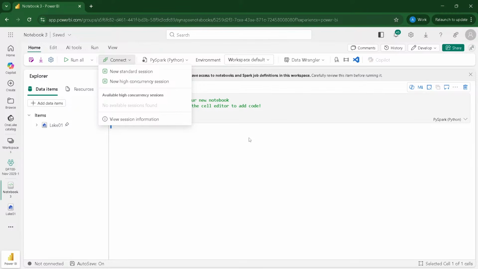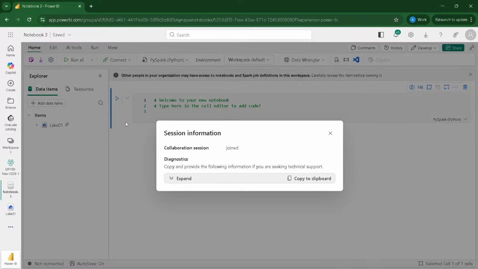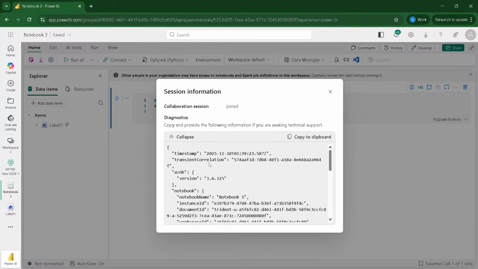There are certain limitations, but the advantage of a high concurrency session, especially when you are working in pipelines with multiple notebooks, is that you don't have to start multiple Spark sessions. It can continue with the same session. So it's always preferred when you use a pipeline, and by default in the pipeline it is sometimes a high concurrency session only. And if you are running a session, you can view the session information.